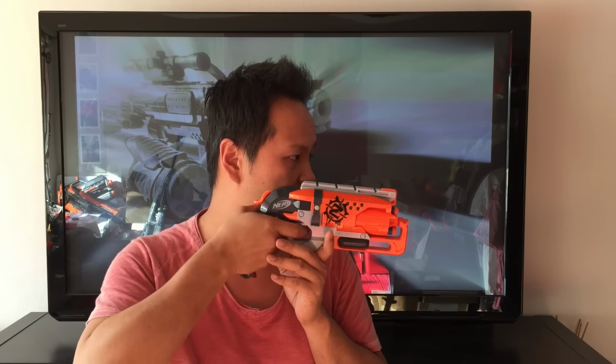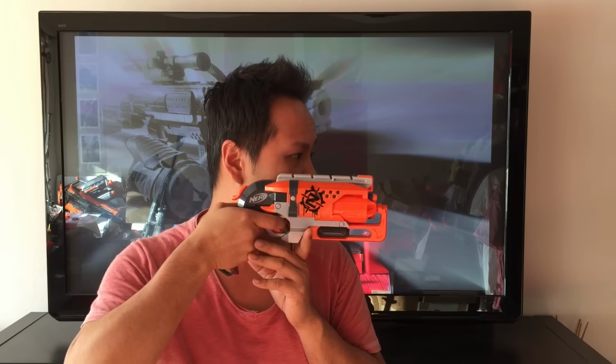As you can see, the darts basically bounce off of my, let's say, around 10 feet away target, and this is the stock Hammershot. They still bounce back, but the impact is definitely stronger. Pretty cool. So as I've mentioned before, the performance has been upgraded through the spring from Blaster Parts,